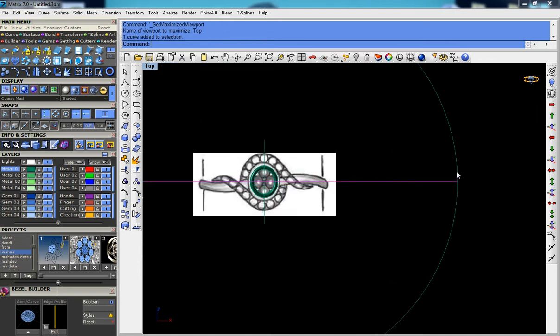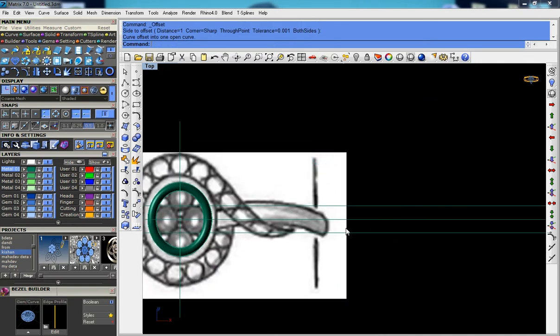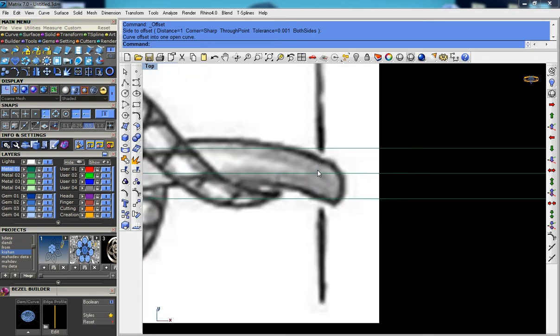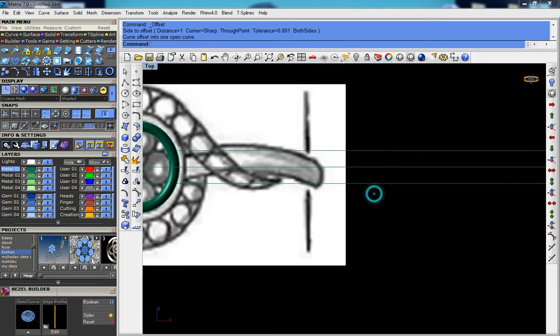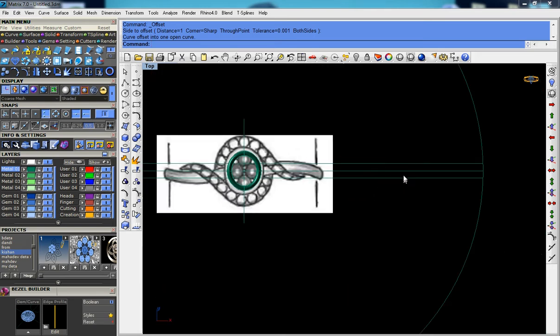Select the curve first, click offset, this is the offset option, one, enter. Click one, enter, to both sides, one, enter. So my diamond, my poly surface, this side is 2 mm, this side one and this side one. Okay,